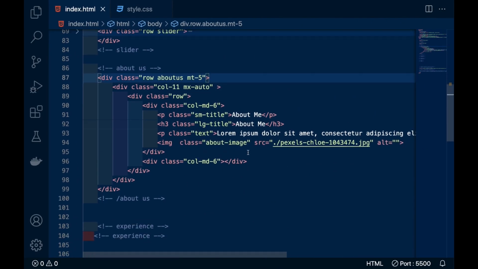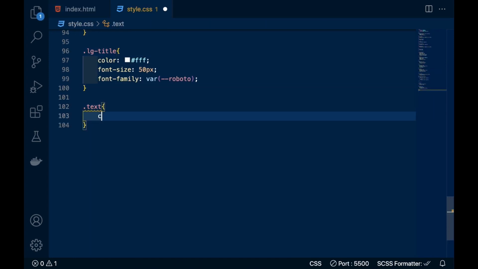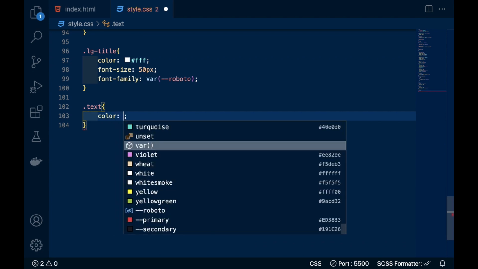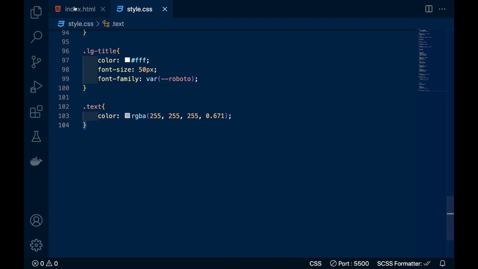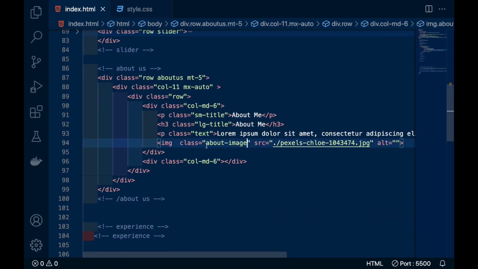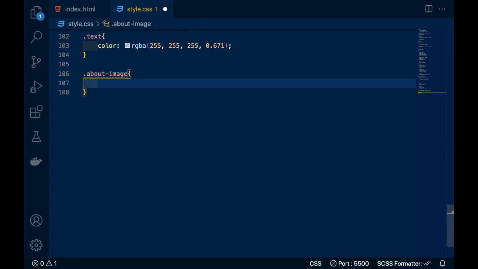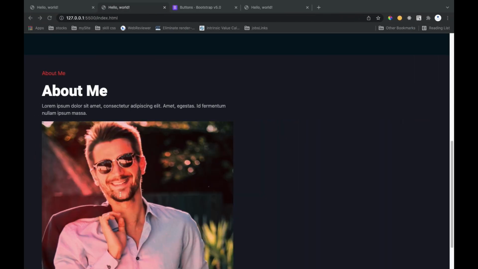Now there is a text section, so we will define the text. So simply we have to use color white, and then there is an image. For the image we have written an about image class. We will copy that, and width should be 100%.